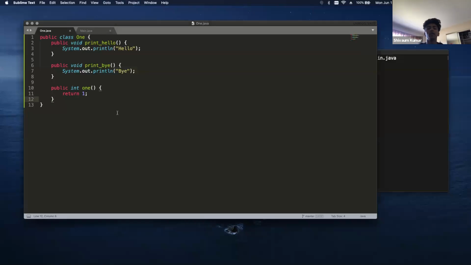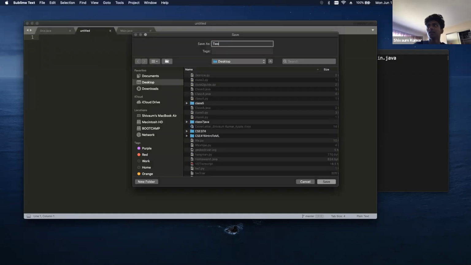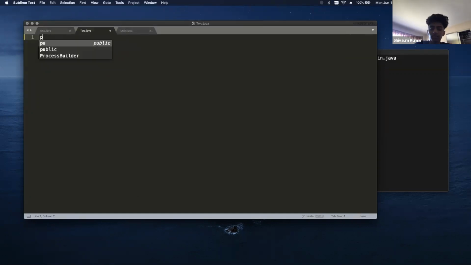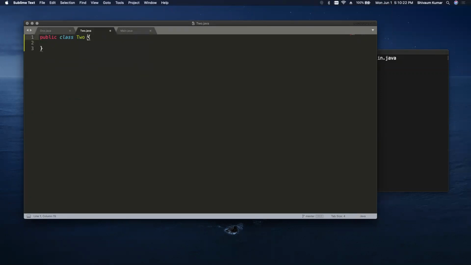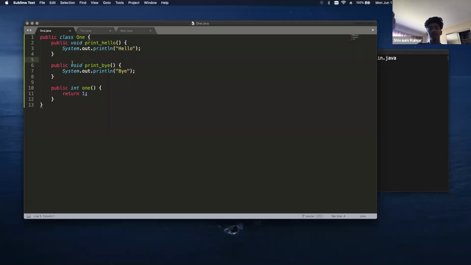So now there's something called a superclass and a subclass in Java. In this case, this is just a normal class. But now if I were to create another file, I'll name this 2.java, public class 2. This is how you normally would create a class. If I wanted to create this class 2, but sort of use these methods from class 1, so basically treat 1 as a parent class